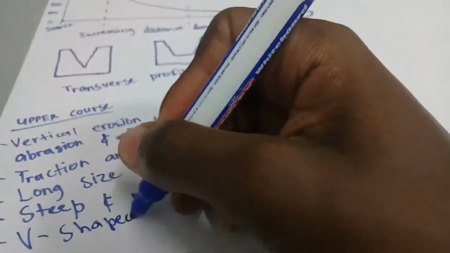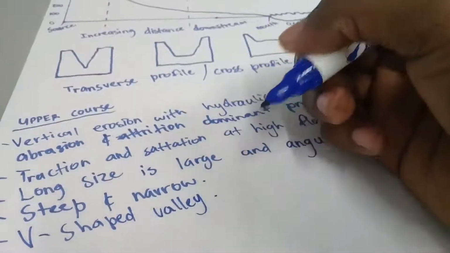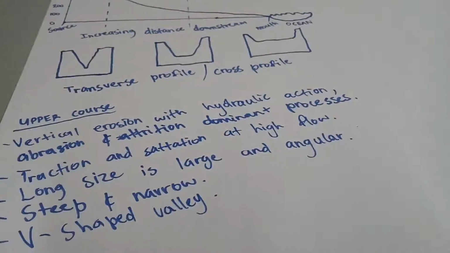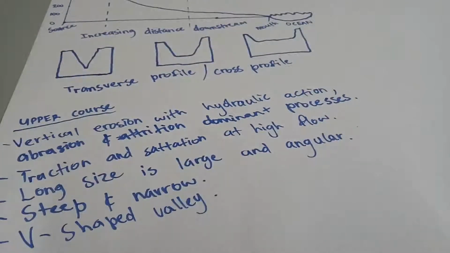V-shaped valley. V-shaped valley in the upper course. Okay. Yes. So in the upper course, consequently, the slope is very, very steep. As you can see, it's from the mountain, and therefore water doesn't take much time to stay on the river valley. It just flows down at a speed, yes, in a high flow,